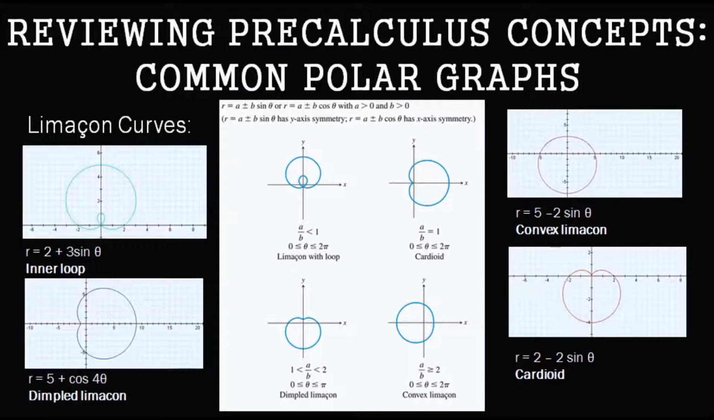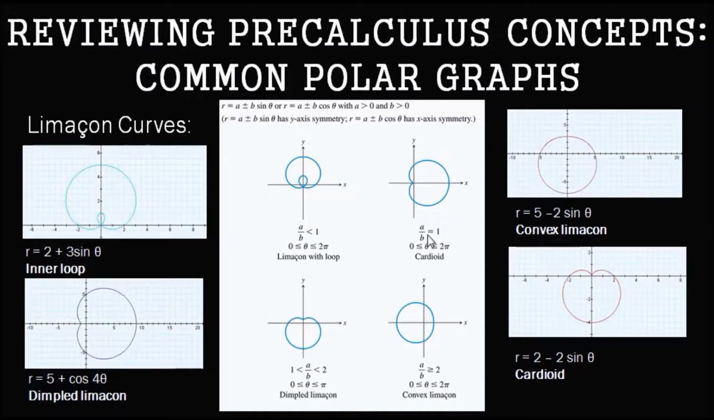Polar graphs of the form r is equal to a plus or minus b sine theta, or r is equal to a plus or minus b cosine theta, are called limaçon curves. When a over b is less than 1, the limaçon curve has a loop. This inner loop happens when its graph on the Cartesian plane intersects the x-axis, so it kind of accounts for that region below the x-axis